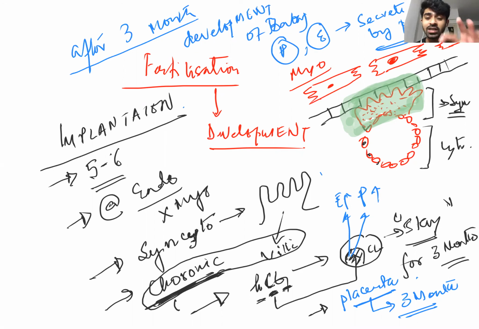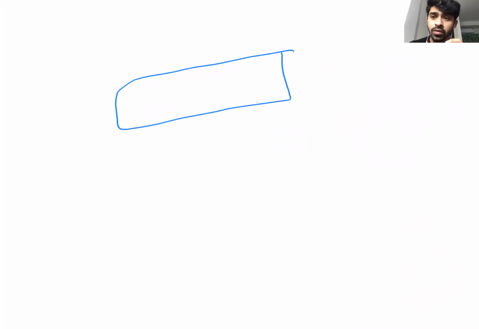Everything is important. Placenta. Okay, now can you tell me, when a lady is testing the urine to judge whether the lady is pregnant or not, what is the hormone that we are estimating in the urine? What is the hormone? HCG. Yeah, it is HCG in the strip, in the Prega strip. When we put a drop of the urine, we are identifying whether HCG is present or not. HCG should not be present in a non-pregnant lady, but in a pregnant lady it will be present, and it will give a double mark.